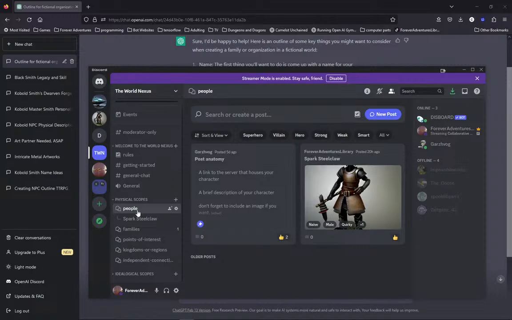We're going to create these things together cooperatively, and then we're going to have the ability to mash those things together in all kinds of different combinations for storytelling and for tabletop RPGs and all different kinds of stuff like that. Yesterday we started to create, and I got to a minimum viable product, the character Spark Steelclaw. He's definitely not completed, but I think he's complete enough that we can throw him on here and allow people to start using him.